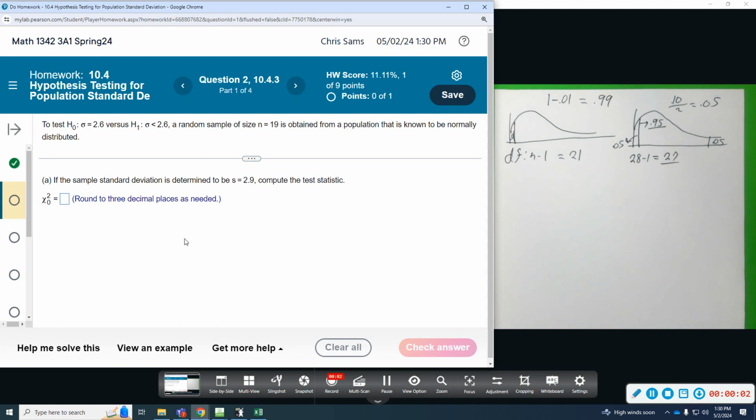Number 2, we're going to test the null, sigma is 2.6, versus the alternative, sigma is less than 2.6. A random sample, n is 19, is obtained from a population known to be normal, which has to be the case. If the sample standard deviation is 2.9, compute the test statistic. Okay, so